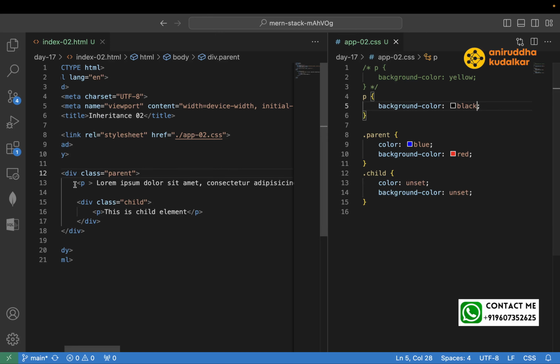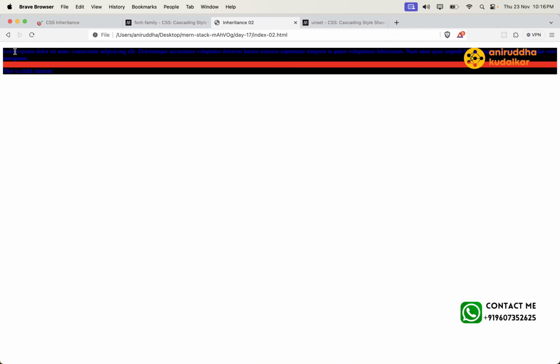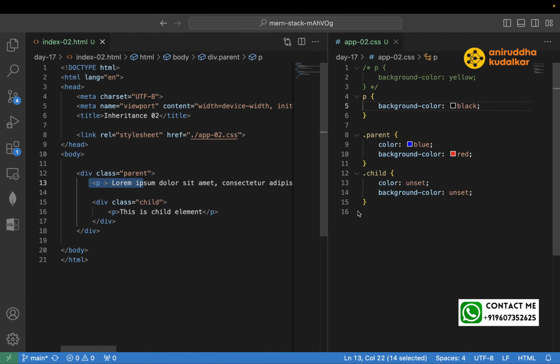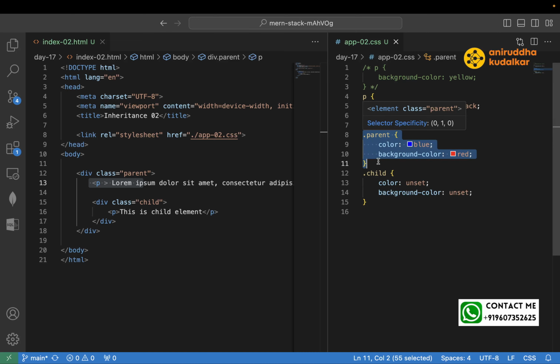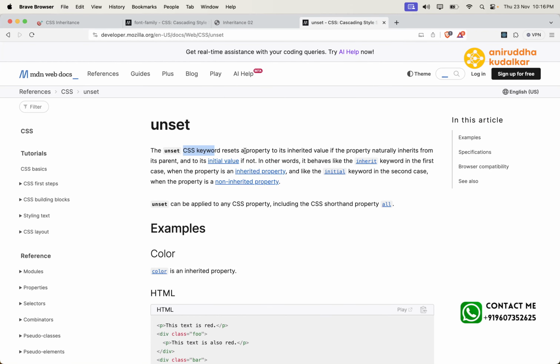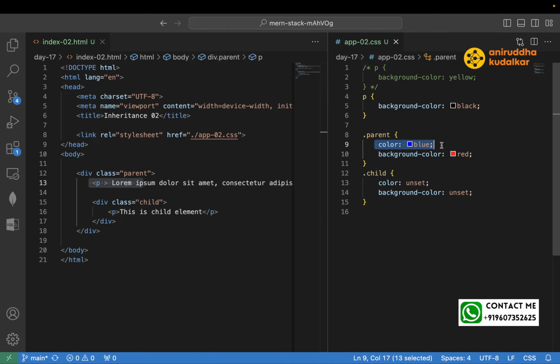But this would be getting blue. If you see, the color of this P is blue. Both the P's are blue because this unset is setting it to the default color, and that default color is inherited from the parent. That's what the unset keyword says. See here, the unset CSS keyword resets the property to the inherited value. If the property naturally inherits from the parent, and the color is naturally getting inherited from the parent,